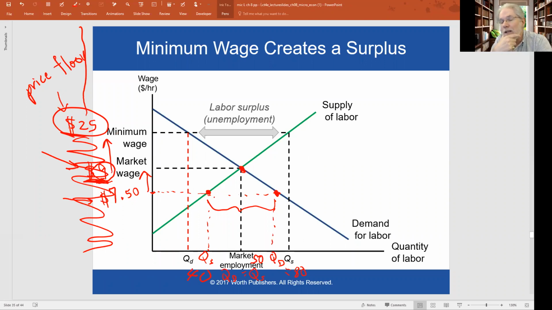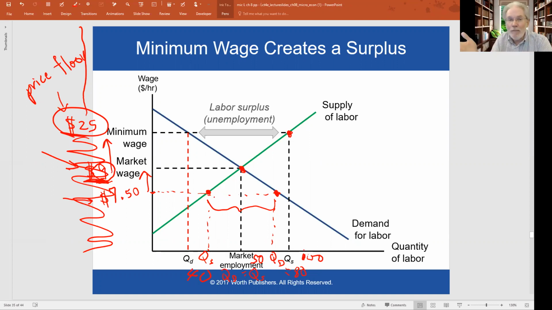The wage is going to be $25 an hour. Okay, and what will happen to quantity supplied and quantity demanded? Well, at that $25 wage, reading over to the supply curve, we see the quantity supplied is very high. Maybe it's 100,000 workers. Okay? Doesn't mean you'll have that many people working. It means you have that many workers who look at the $25 an hour wage and say, sign me up, I want a job. They're willing to work. They're looking for a job. They're happy about the $25 per hour wage.